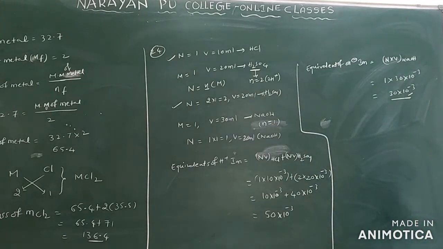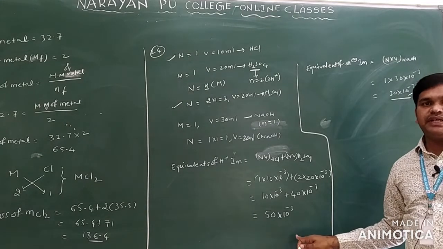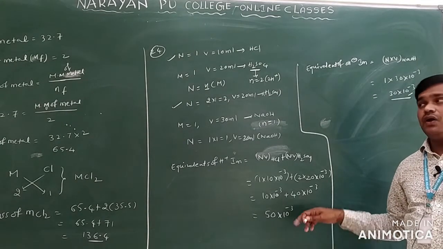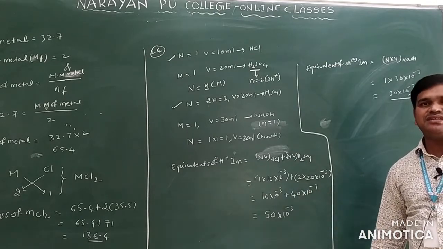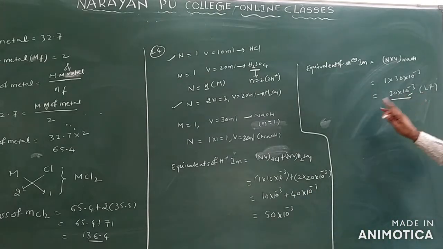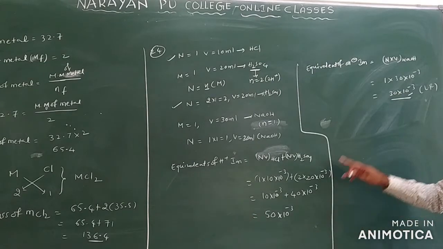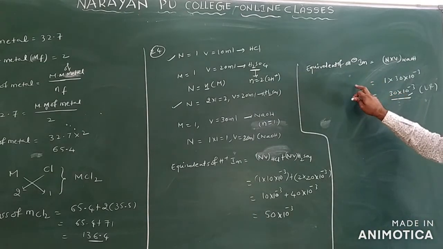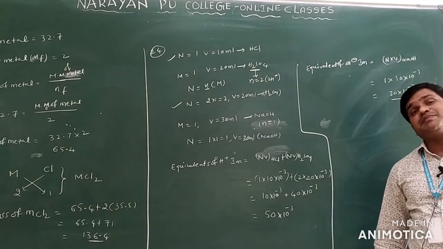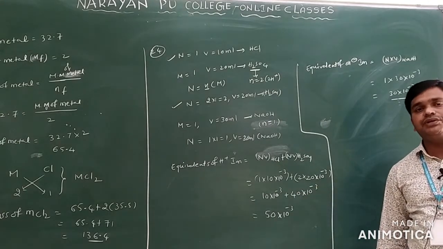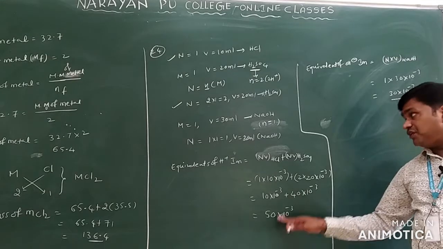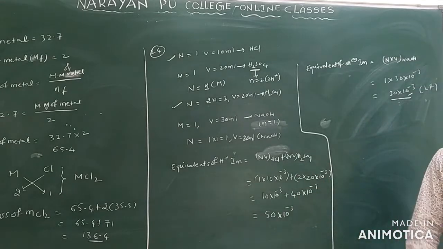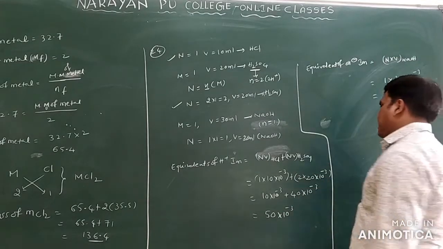According to this limiting reagent concept, can we say this is a limiting reagent? So this is my excess reagent. Then what you can find out? What is the remaining H plus ions in this equation? Here 30 is there. To complete this equation, 30 into 10 power minus 3 OH minus ions are required for 30 into 10 power minus 3 H plus ions. So what you will do here? We can subtract 30 from 50. What you will get is the remaining H plus ions only.